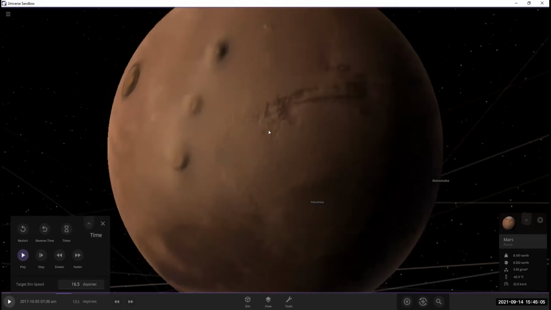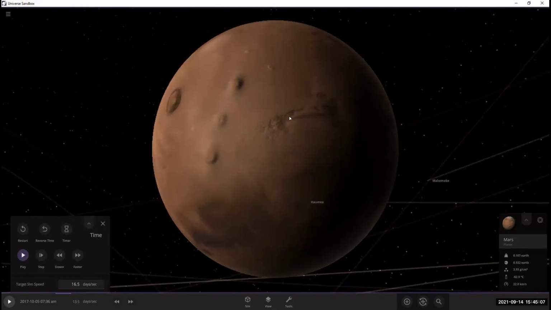And the canyon I was talking about here is much bigger than the Grand Canyon, than any canyon on Earth. It's almost the size of the United States. The point being here is that